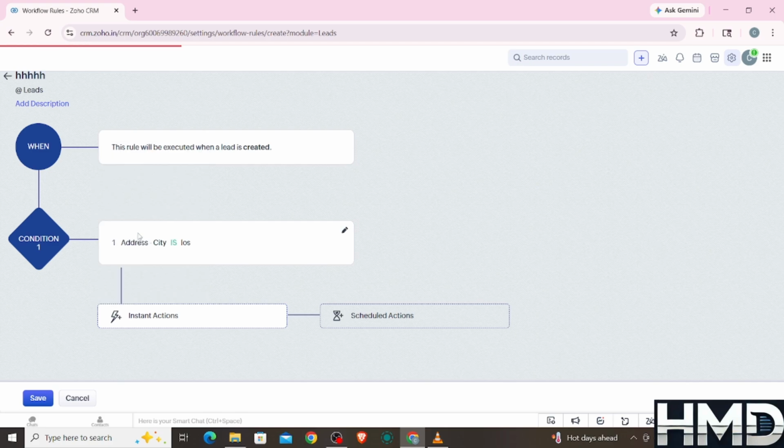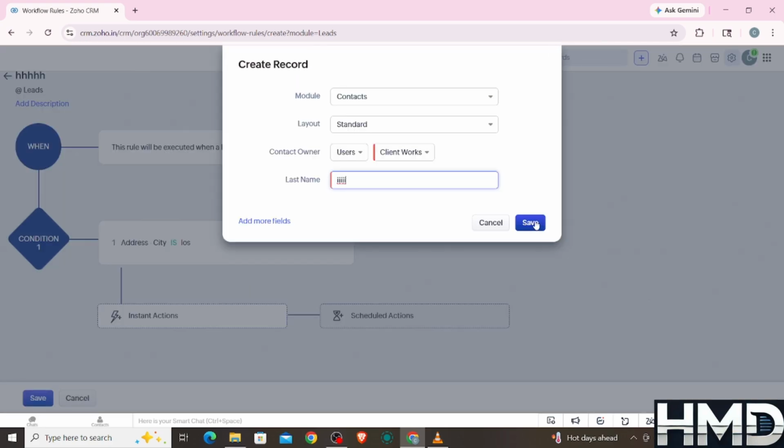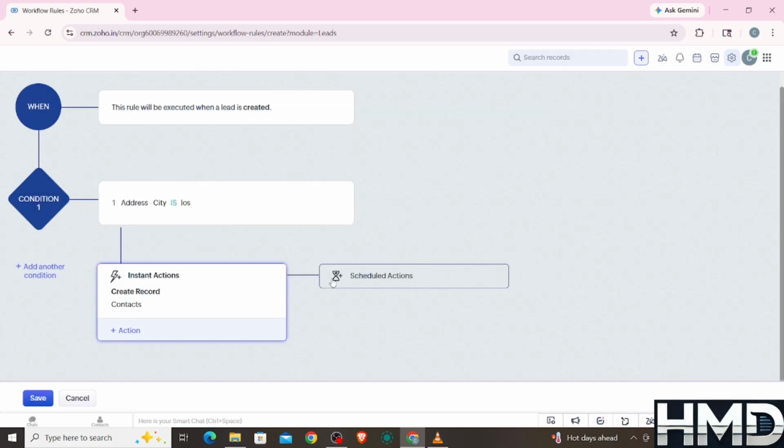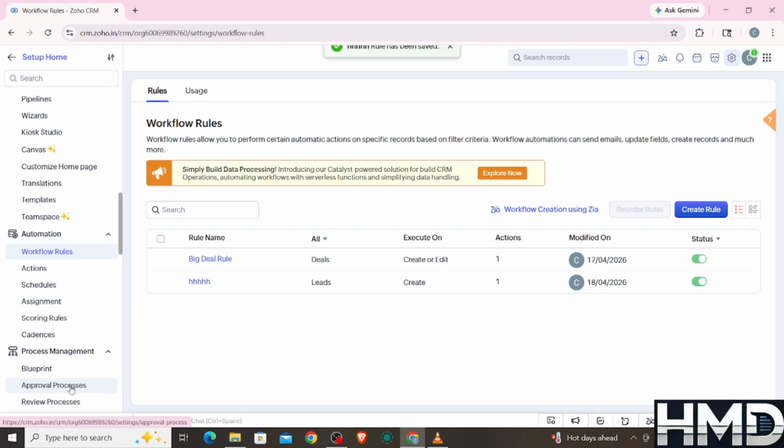Once everything is set, save and activate the workflow rule. From now on, Zoho CRM will automatically perform those actions whenever the conditions are met. In short, go to Setup, create a workflow rule, define triggers and conditions, and choose actions to automate repetitive tasks